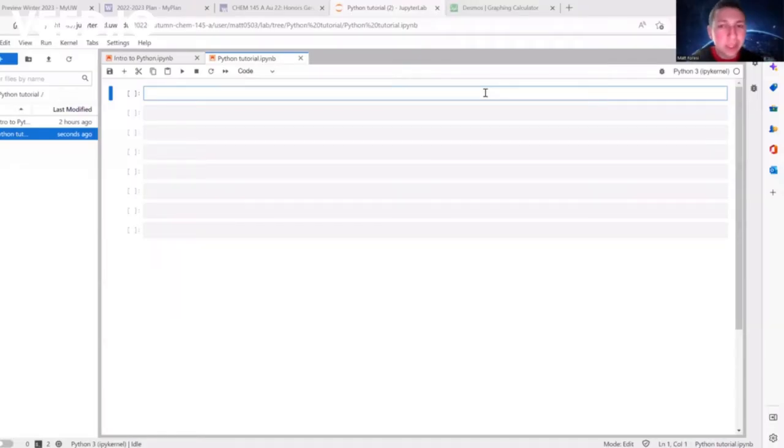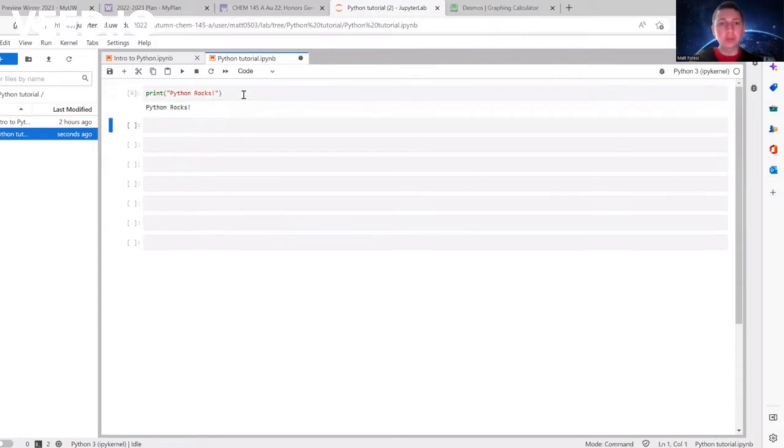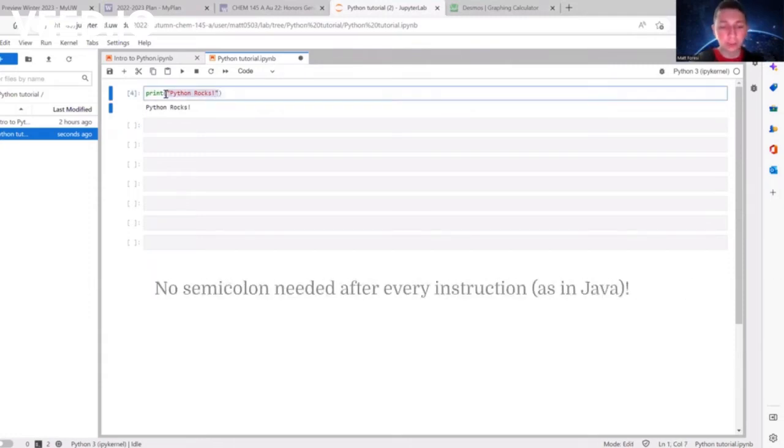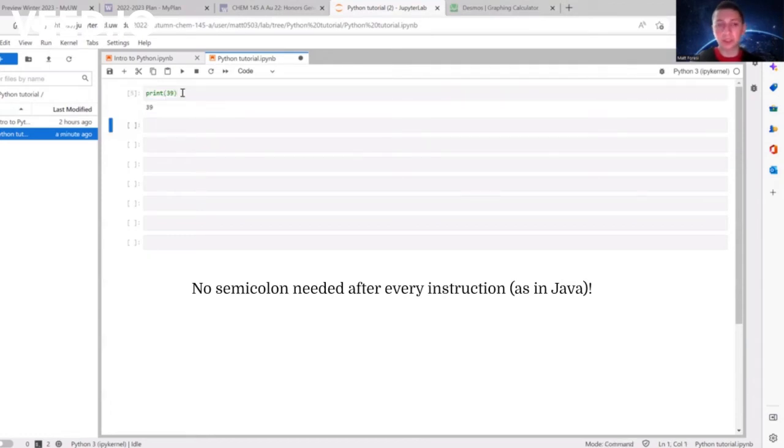Alright, so the first thing I'm going to teach you is how to output content on the screen. We're going to do that using a print statement, and it goes like this. So do print, then if you want to do text, you have to put some text in quotation marks, such as this. Remember to put a pair of parentheses and quotation marks, and you do Shift Enter in Jupyter Hub to print the message out on the screen. And here we go. And if you want to do numbers, you don't even need the quotation marks. If I want to print 39, for example, you can just put 39 without the quotation marks.